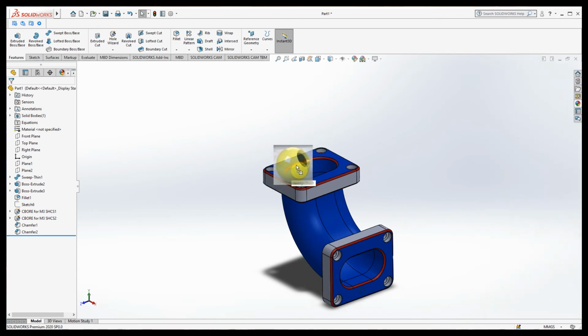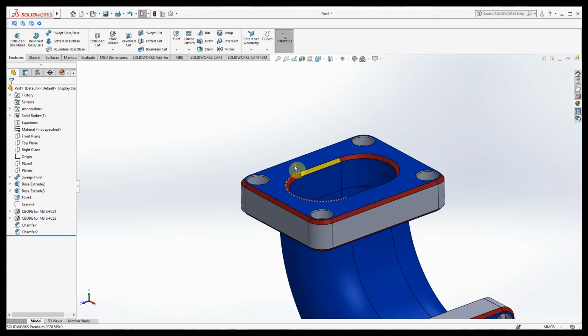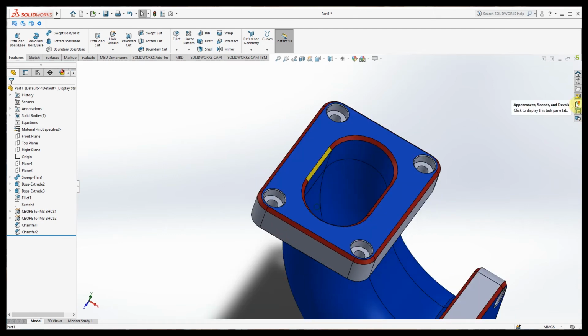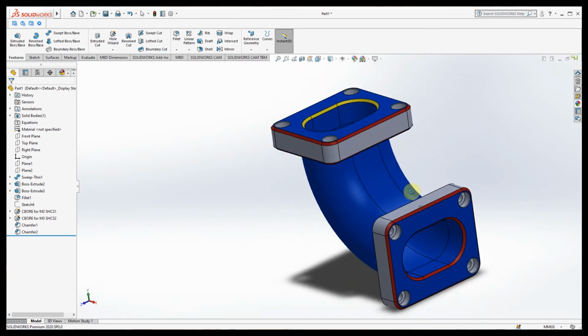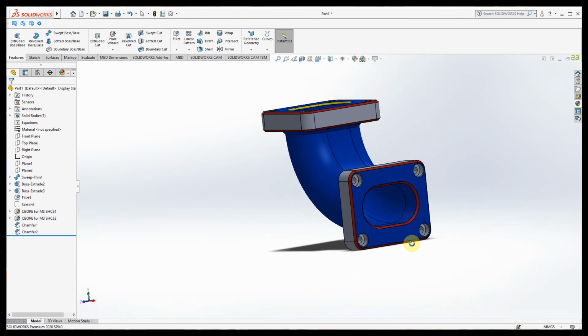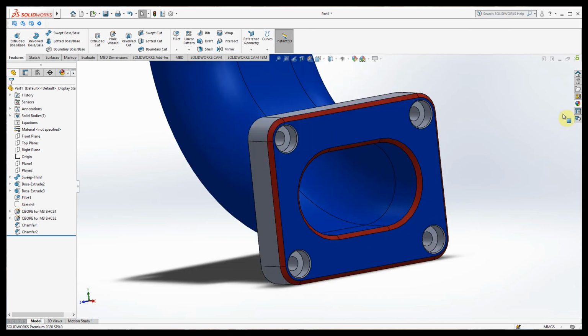Inside chamfer we will add a different color, or we can just add blue color itself. Yes, I am adding a different color here. We will add yellow colors here also.